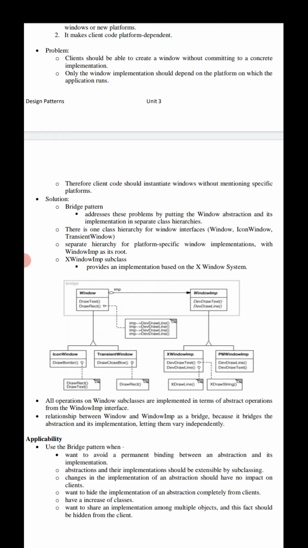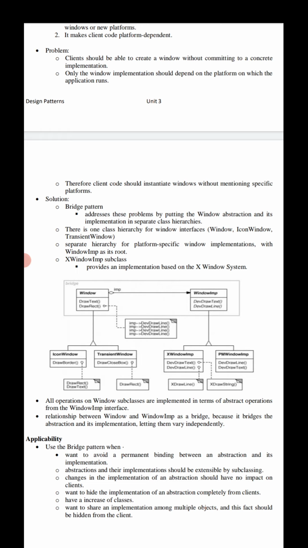Then we have a separate hierarchy for platform specific window implementation. Look at the right side. The separate hierarchy for platform specific window implementation has window imp as its root. Here we study the X window imp class, a subclass that provides an implementation based on the X window system.